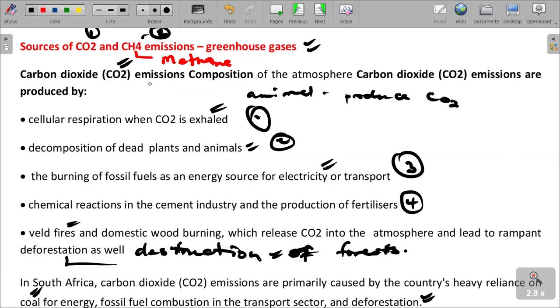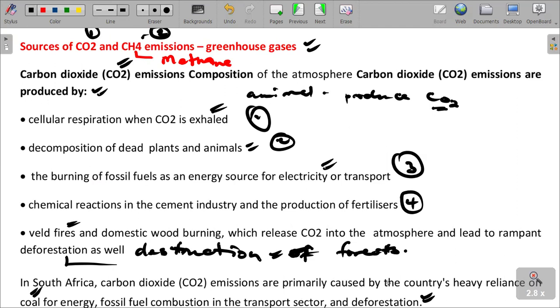So carbon dioxide emissions are produced by, one, cellular respiration. When carbon dioxide is exhaled, when animals respire, they produce what? They produce carbon dioxide. Then decomposition of dead plants and animals; we also talked about that when plants and animals live,